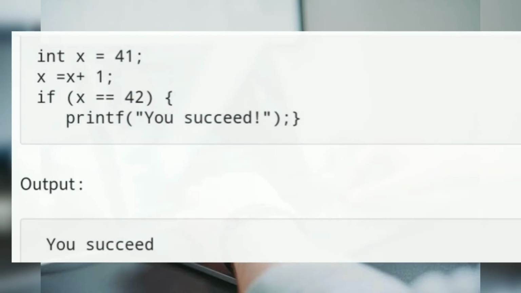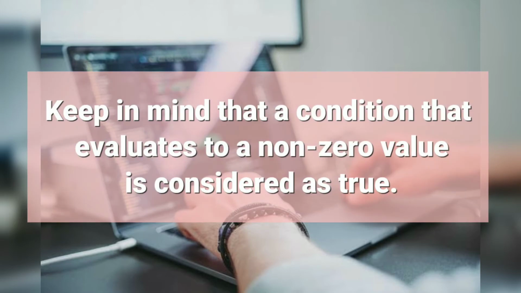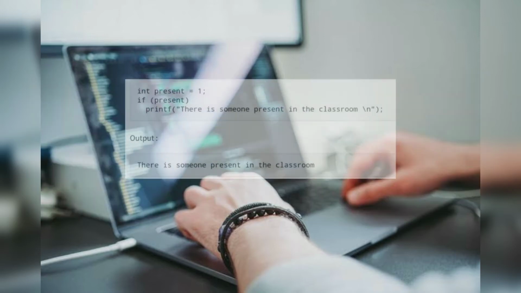For example, keep in mind that a condition that evaluates to a non-zero value is considered as true. For example,